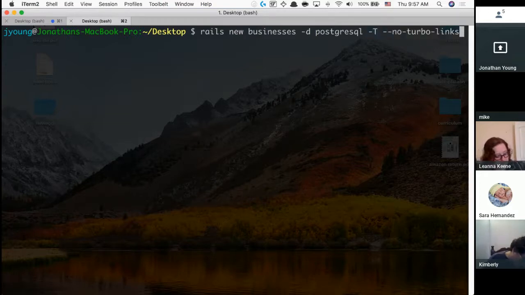Now it seems kind of counterintuitive since we said the people who wrote this said this is the right way about going about it, and we're turning off 3 things already. We're turning off the database from what's defaulted going to be. We're turning off the testing framework, and we're removing this thing called turbolinks.